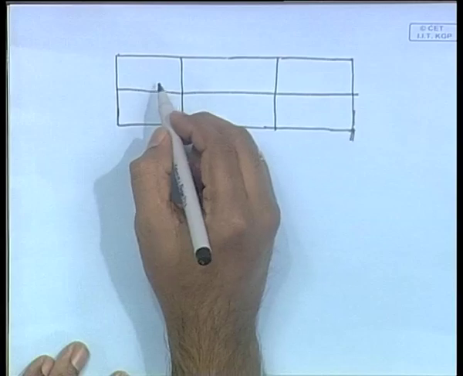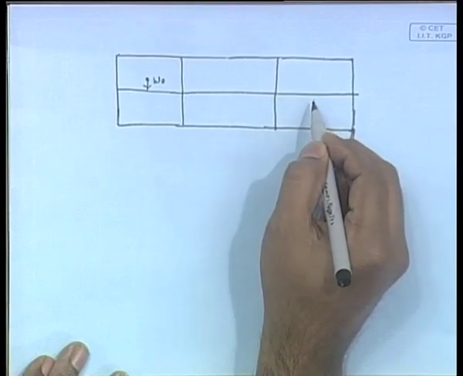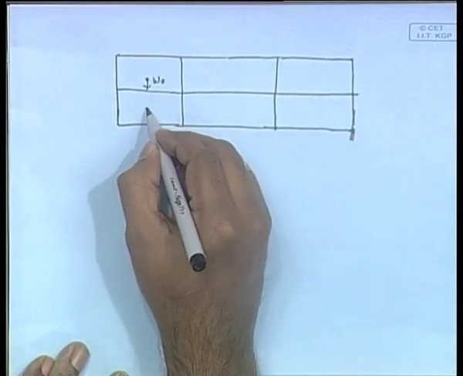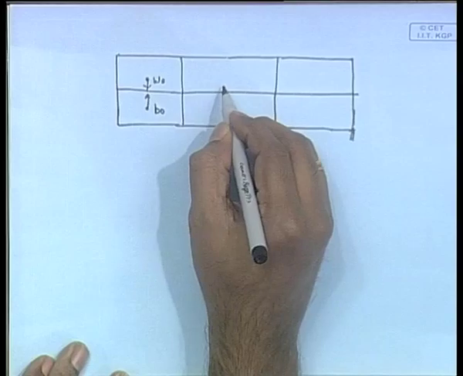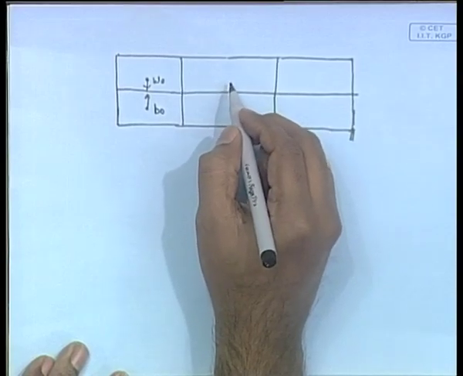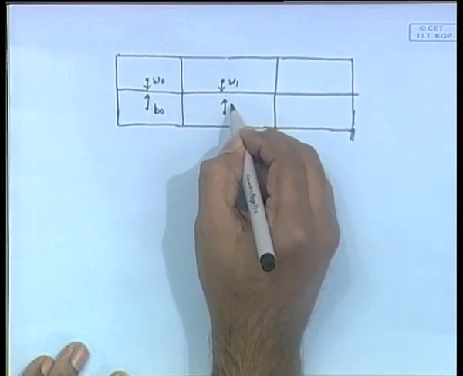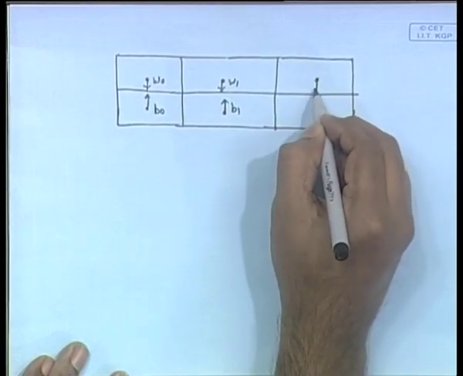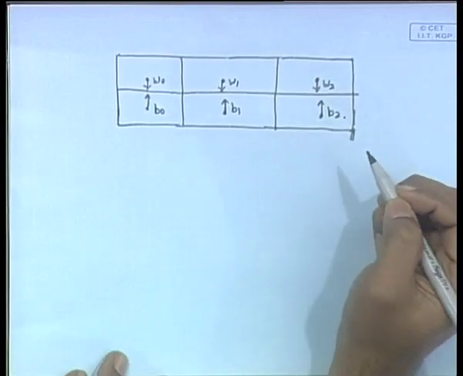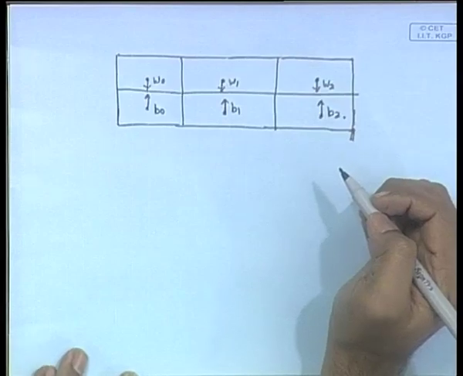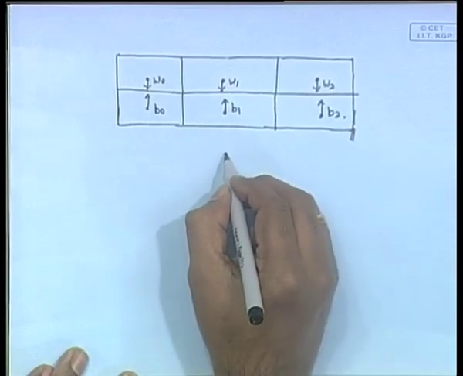Now in this case, this is the weight here. Let us consider the 3 compartments and let us consider their weights and buoyancy differently. So this is the buoyancy of this compartment, this is the weight of this compartment, then this is the weight of this compartment, and this is the buoyancy of this compartment, this is the weight of this compartment, and this is the buoyancy of this compartment. So in this case, in general what we see is that if you have higher weight here, now usually we will see that